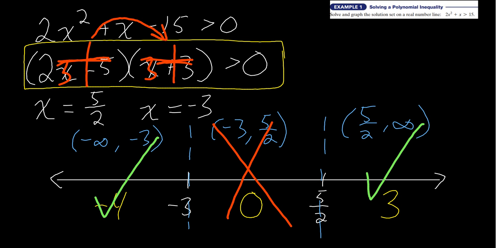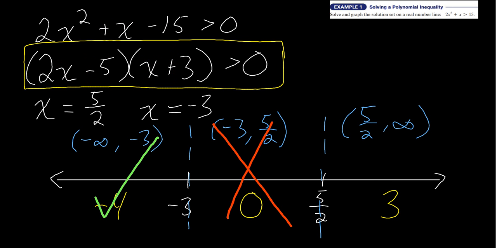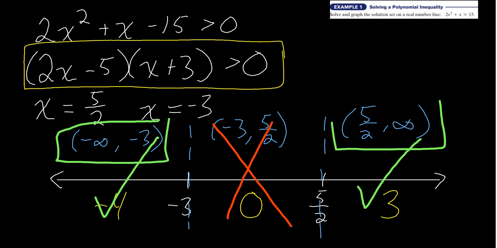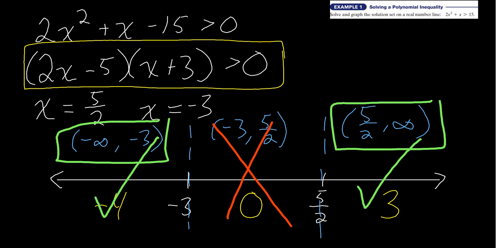Let's see. So, all right. So where are we at? We have two intervals that satisfy the inequality, right? And again, let's actually go back and get rid of all that red there. So these two intervals work. Negative infinity to a negative 3 and a 5/2 to infinity. And, well, that is the solution to this inequality. If we go back to, well, we didn't actually give it, I erased it, but our equality problems,